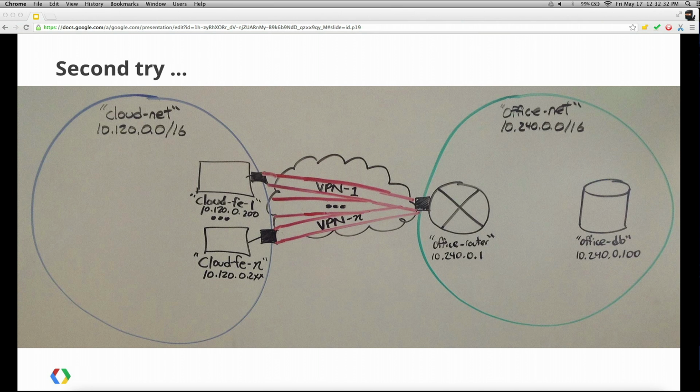By the way, this is possible without advanced routing. You could have done this a week ago before we launched it. But I see 3 problems with this design that I want to share with you. First problem I see is that if you have n of those front-end VMs, n of those database clients, you